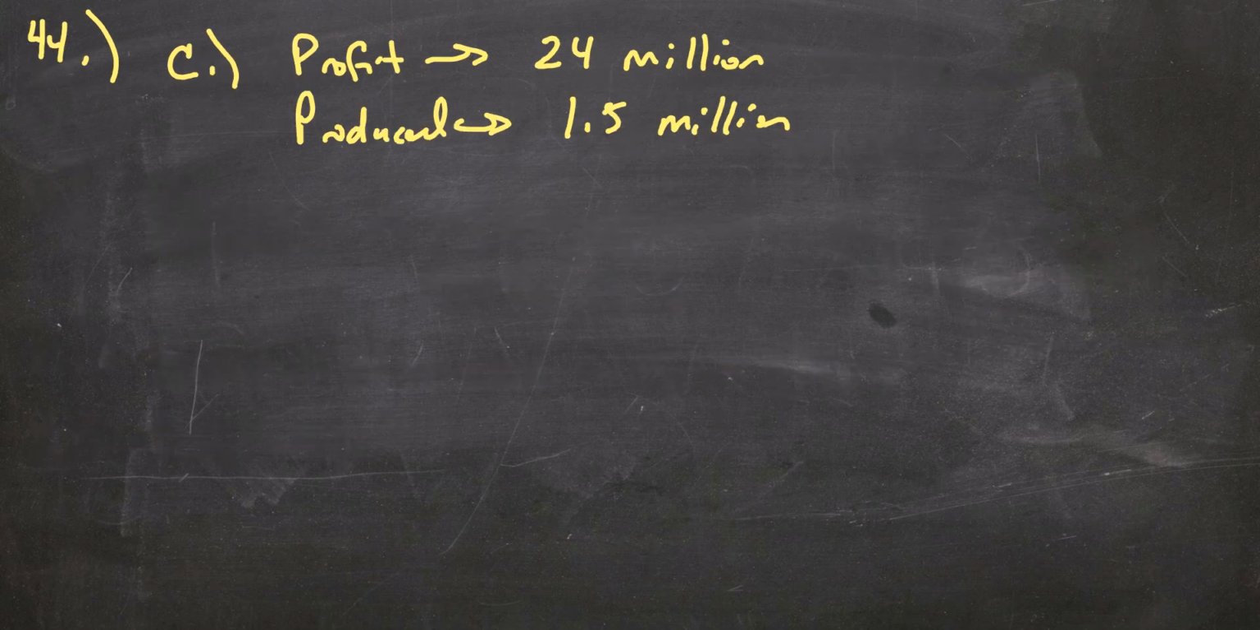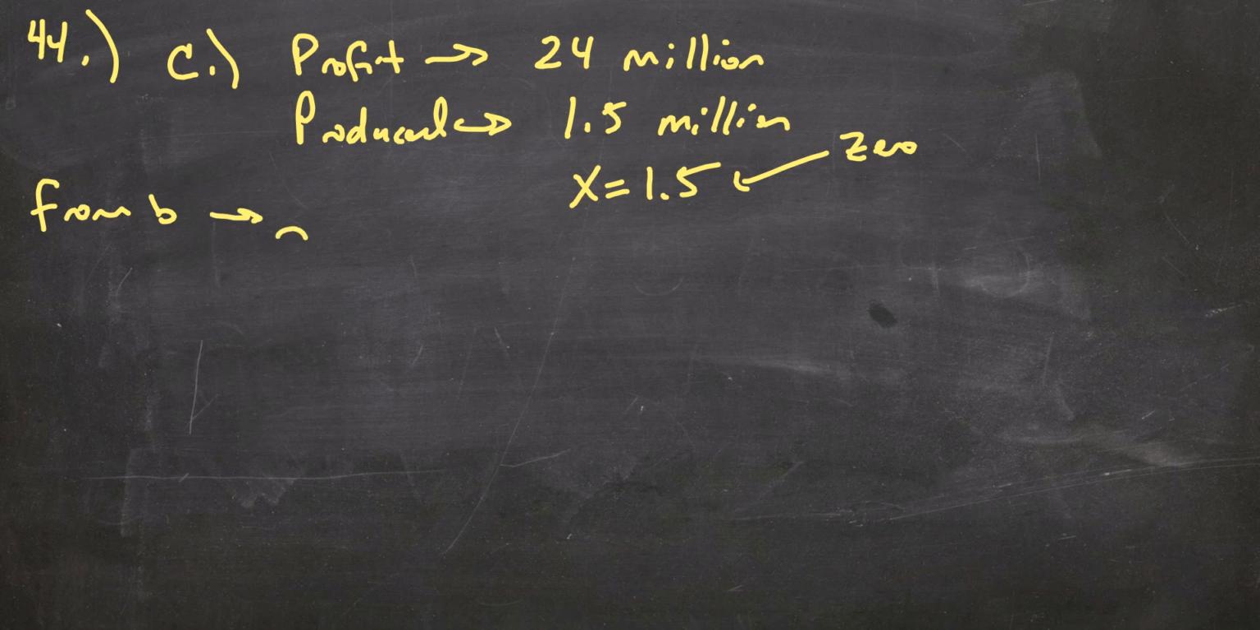Alright, so C is going to use all the same information we just used, except they're going to tell you the profit's 24 million, and you're going to produce 1.5. So that's going to be like x equals 1.5. So that's like a 0. So that's going to go outside our box. So from B, I have the profit, which is going to be 24 million, equals